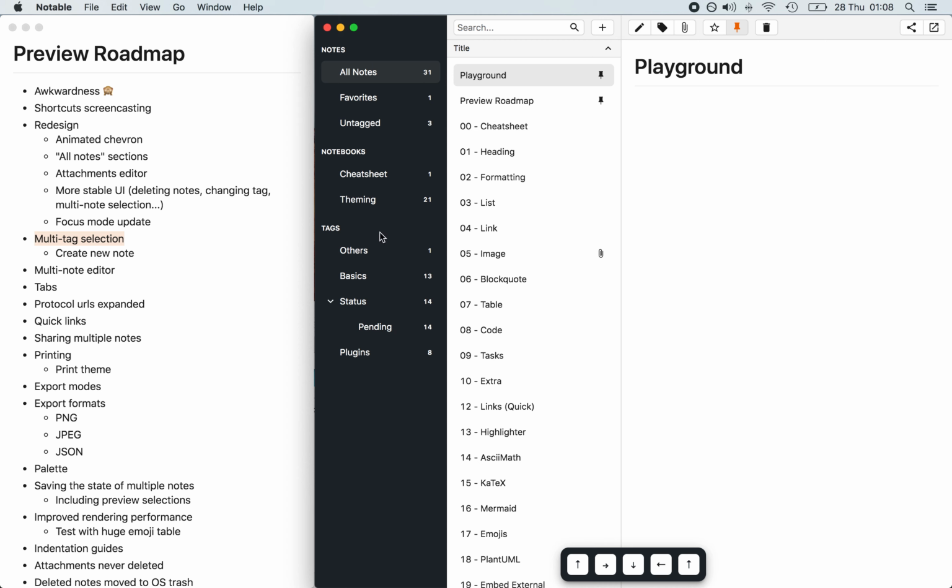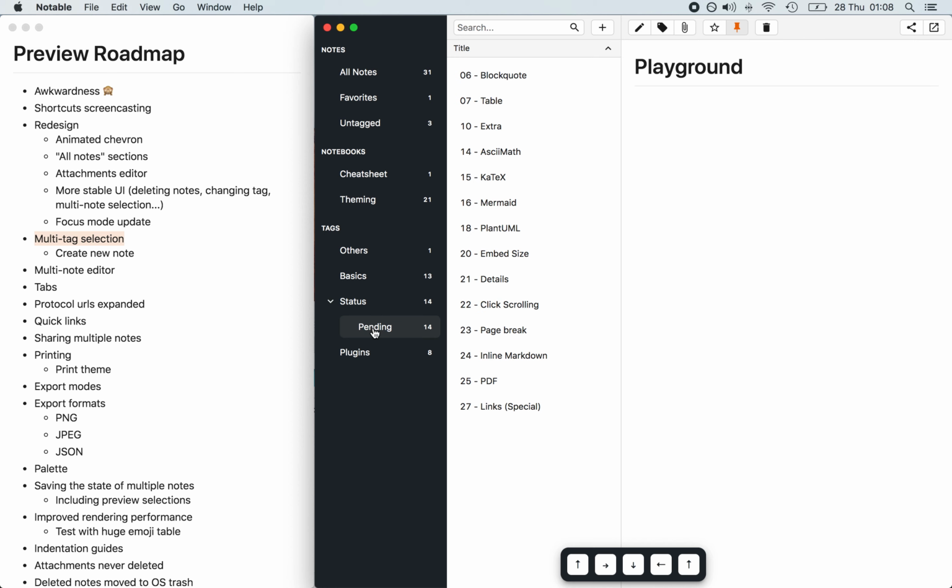So this gets interesting perhaps when you add a pending tag or something like that. So here you can see there are lots of pending tags, but if we want to find only the basics nodes that are pending, then you can select both with a command click or control click,